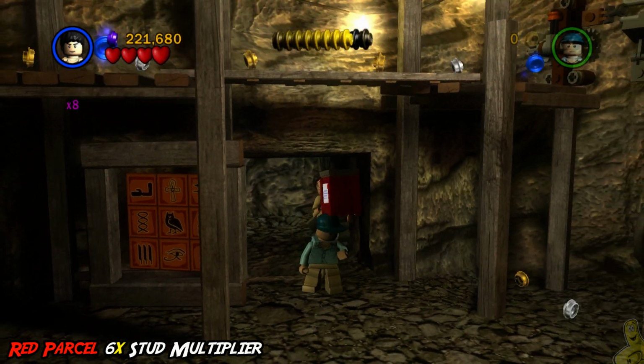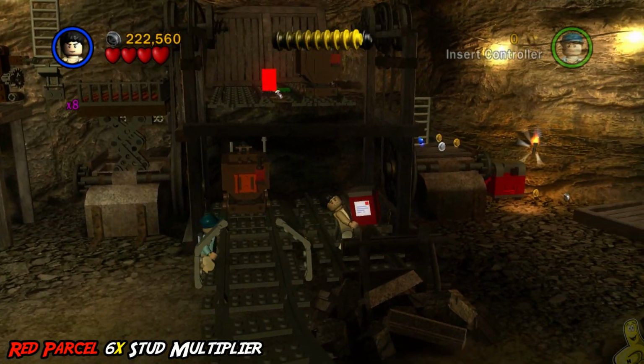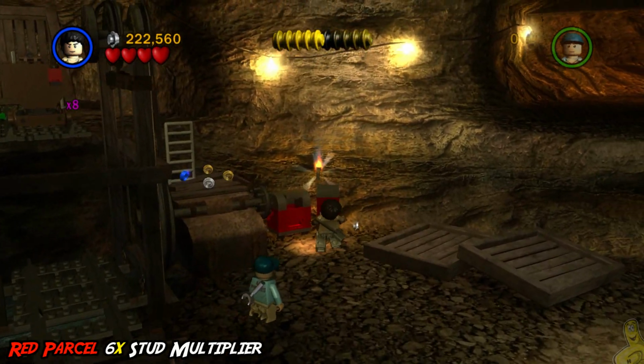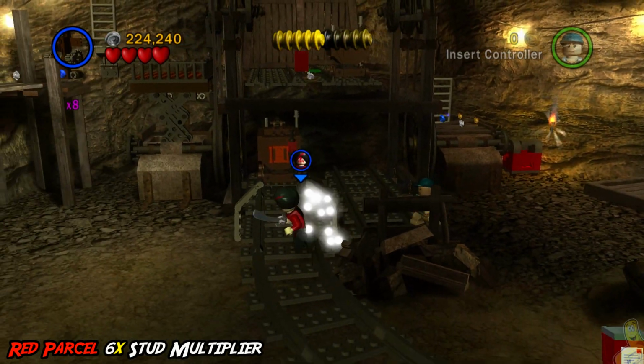Inside the newly found area, though, we find a poiple as well as a spot to dig up the red parcel brick for the 6x stud multiplier. We'll hop it all the way over and slam it in the old mailbox and send it right out to